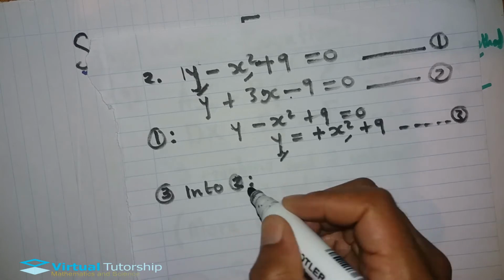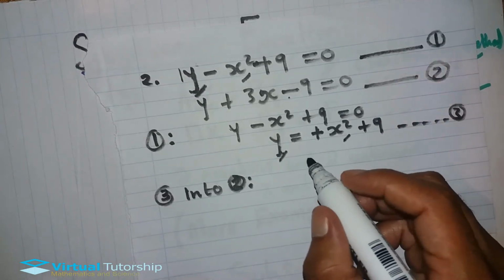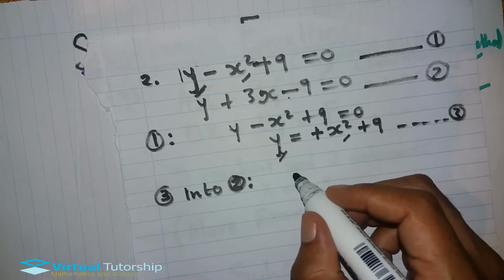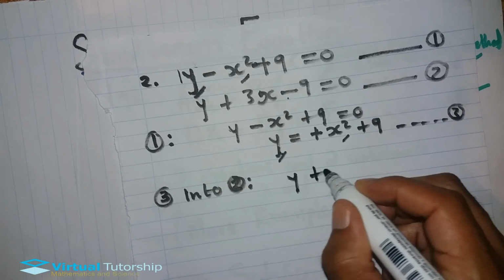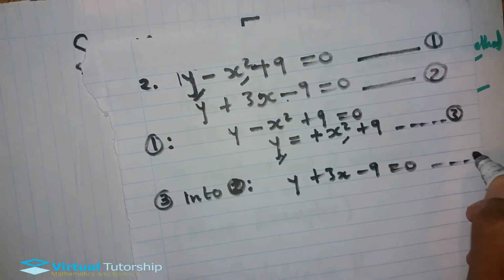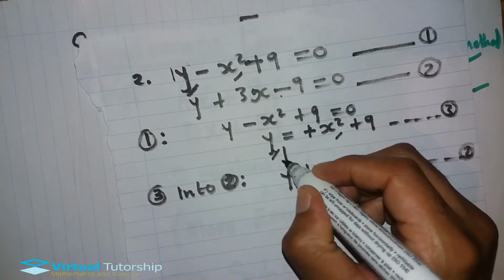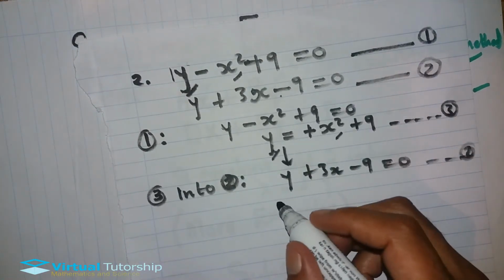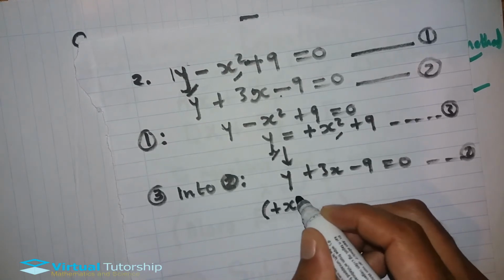No, into the second equation, sorry. There's a contradiction there. Okay, second equation into the second equation. This is the second equation: y plus 3x minus 9 equals 0. So you substitute the y into my second equation. My y value is plus x squared